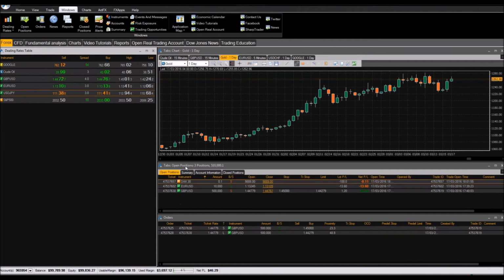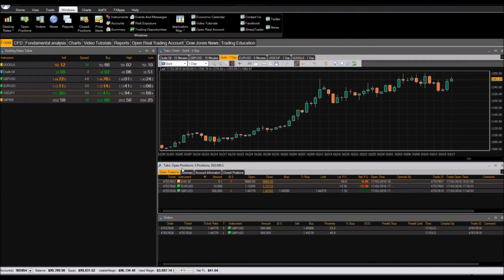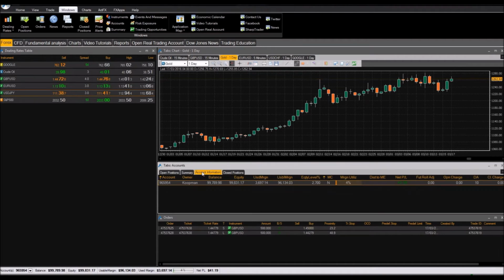How do we do that? Right here, when we can see our open positions and our closed positions, we can go to account information. And then we see here DA, that says default amount. When we click here, we see that it's 10. This means currently it's by default opening 10 times the minimum position that is required. So if we click here on the 10,